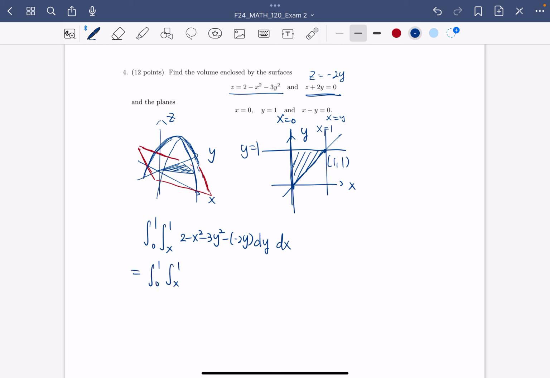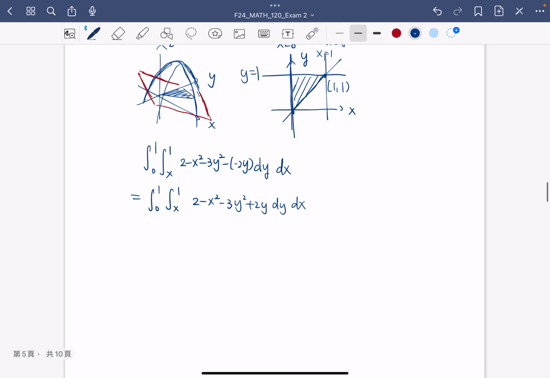Okay, so it all boils down to this double integral. 2 minus x squared